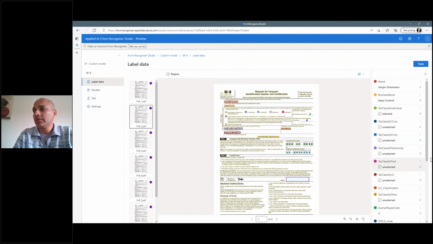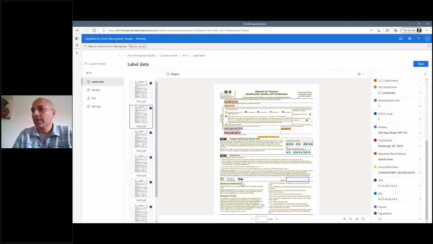Similarly, in terms of dealing with signature here, I'm just going to go ahead and select a region, because that's essentially where I expect the signature to show up. And once I have that region selected, I can go ahead and annotate that to say this is the signature region that I want to use. You also have the ability to define tables, and I'll show you that in a second as well